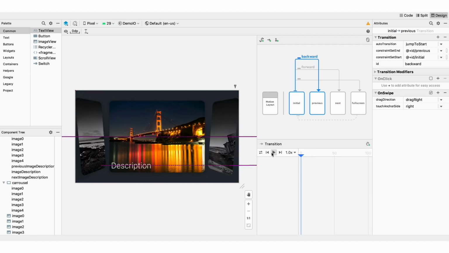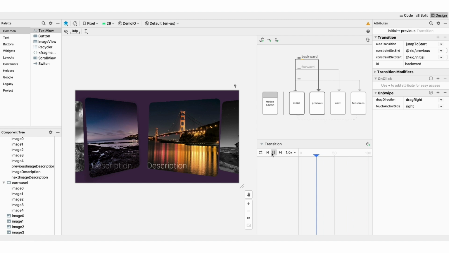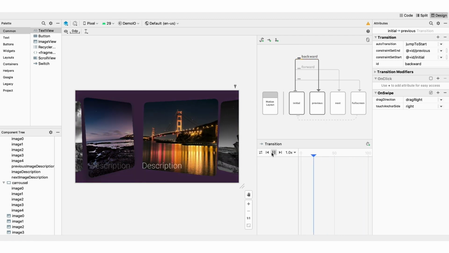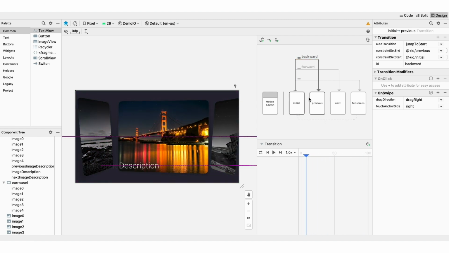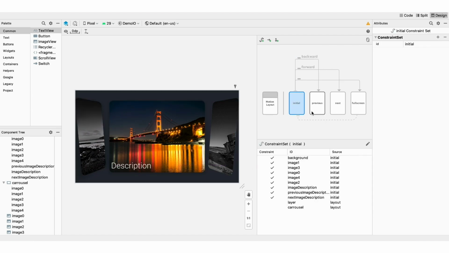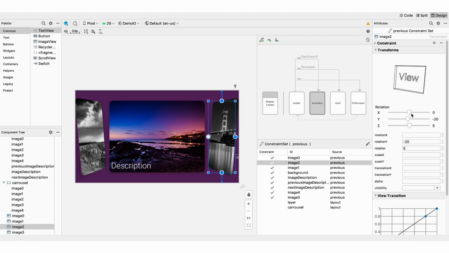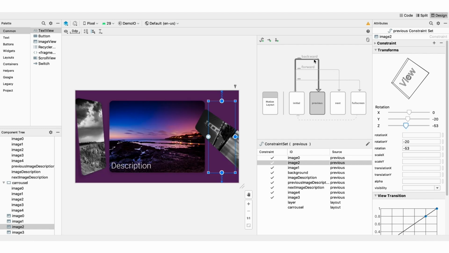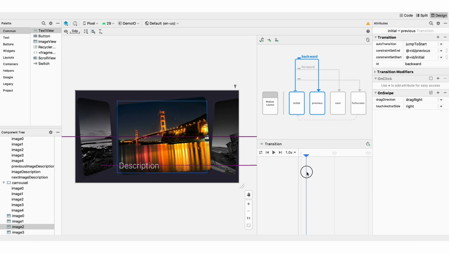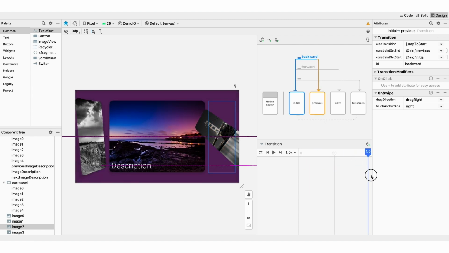If I go into a transition, I can play it, and I can see what it looks like directly. But now I can also go and select a specific element, and check what the values are, for example, for the rotation. And if I want to tweak it, it's just there. So I can tweak it and immediately see the result of that modification.